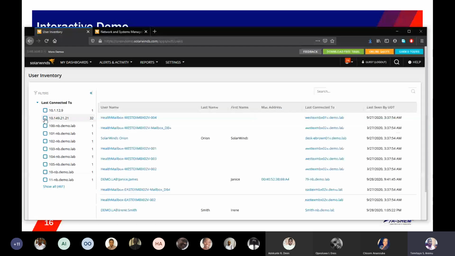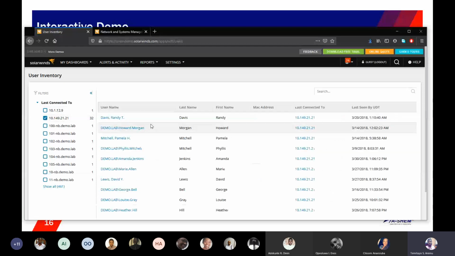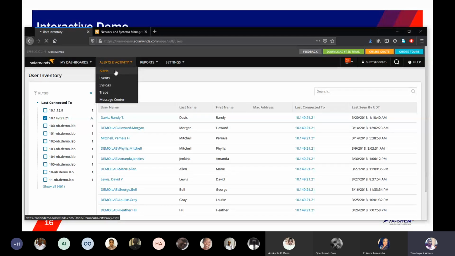Let me check. I think this has populated more information. Okay, so this particular device is telling me that these are the users that have logged into these particular devices, and you can see it's giving me the time and date. So you can track your users' logins, you can track your device logins, you can detect rogue devices and do a lot with it. So let us just go ahead and show the alert capability,